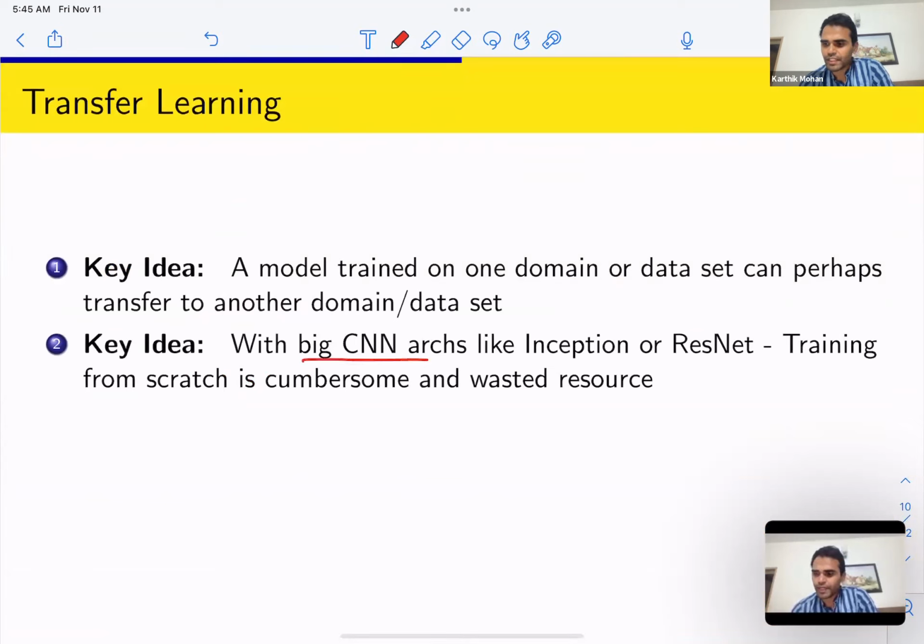And also with big CNN architectures like Inception, okay, I have like 30 layers, or ResNet, maybe I have 50 layers. Sure, you have the whole network, but training from scratch is cumbersome and it's a wasted resource. Someone spent days training, optimizing, hyperparameter tuning these big architectures, and it's available. You can just go look at saved model parameters and you can find exactly the model parameters that led to this accuracy. Why would you want to redo that from scratch